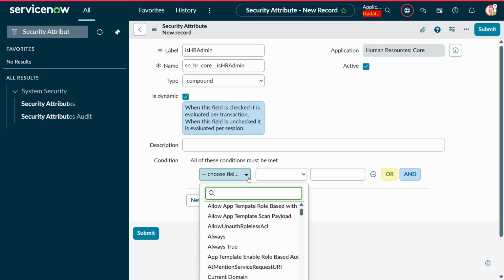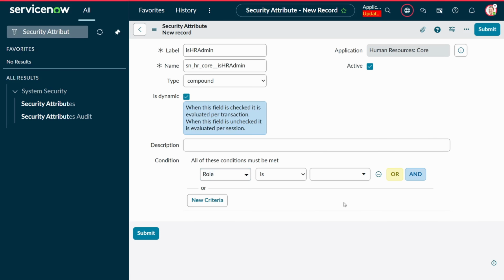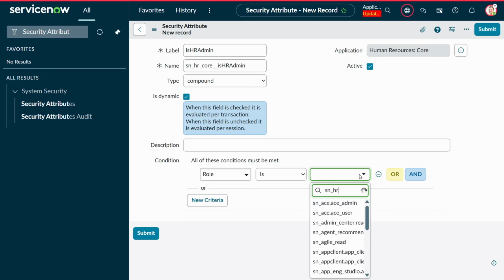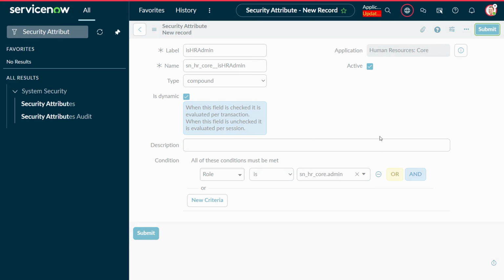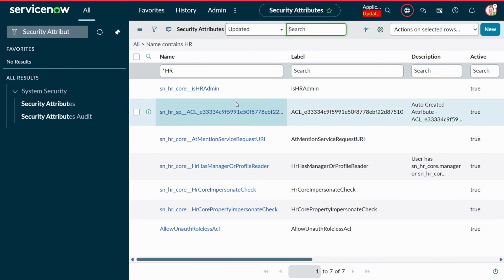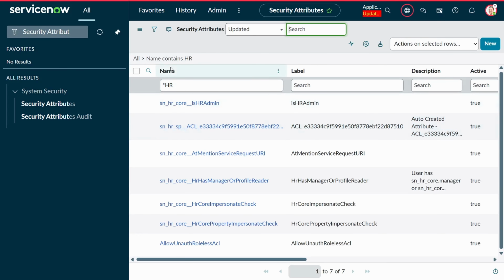So I would pick up the, let me see if we have a role type. There you go. I've picked up the role here, and I would check if I have SNHR core. So we can see the HR admin role here. So this is my security attribute. I'll go and submit this. And now we know that this is available as one of the security attributes inside the security attribute table. So the next step is